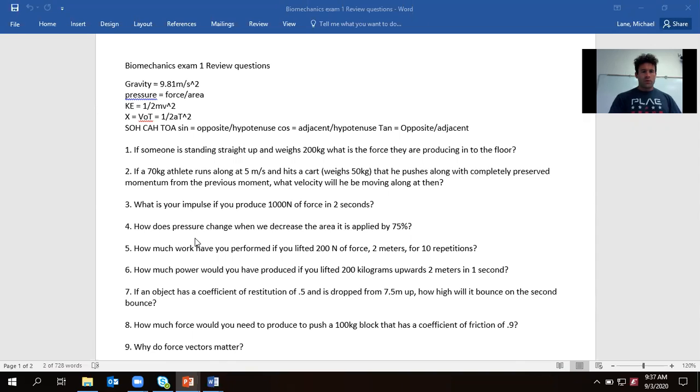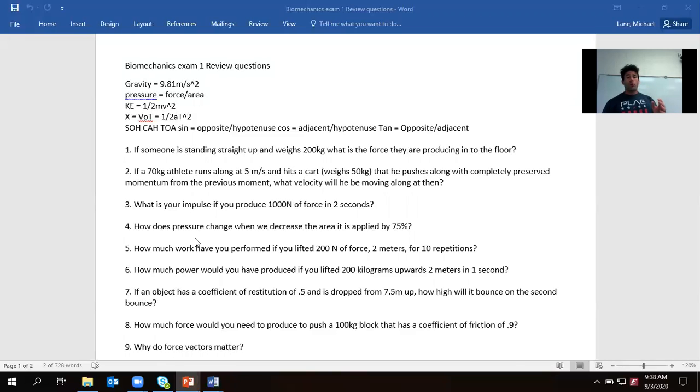All right, so number 2, if a 70 kilogram athlete runs along at 5 meters per second and hits a cart that weighs 50 kilograms that he pushes along with completely preserved momentum from the previous moment, what velocity will he be moving along at then? So the idea here would be someone is running along, they hit the cart, and then they and the cart are moving together, okay? So